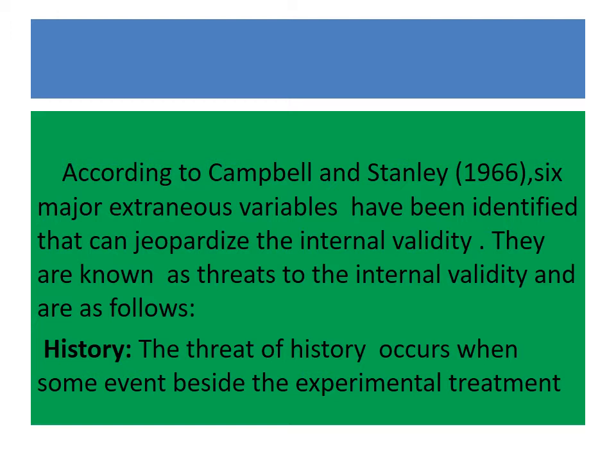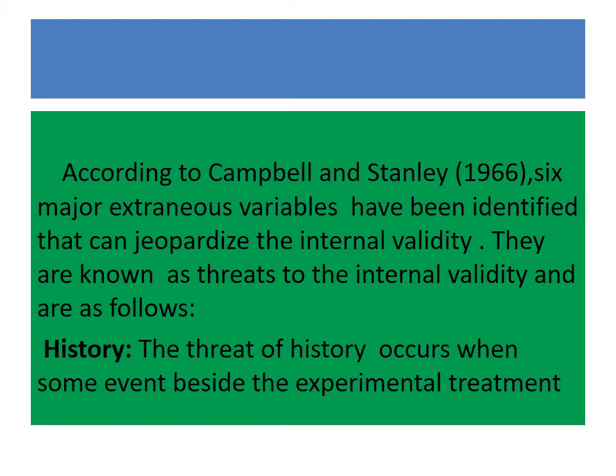So what is an extraneous variable? An extraneous variable is a variable which will be hidden somewhere, interacting between the dependent and independent variable, and it will cause some effect on the dependent variable through the independent variable. It may not be visualized. Sometimes it can be directly seen, but we can't control the extraneous variable. These are known as threats to internal validity and are as follows.